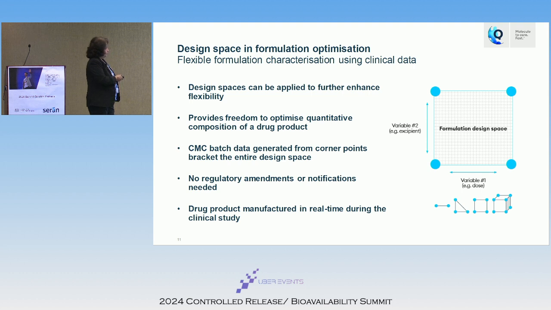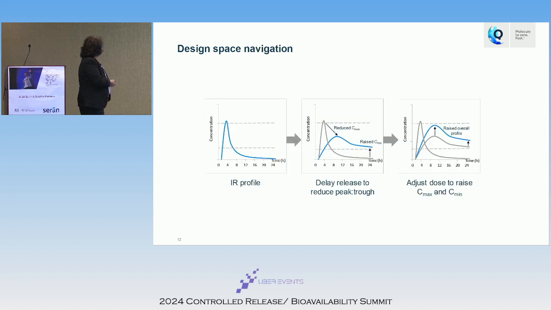So I'll try to develop a design space where I can manufacture anything within this space and make stability batches at these 4 corner points. And I'll confirm that by making those 4 corner point batches and a couple of batches in the center here. What that does is I have stability data for 7 to maybe 30 days on these corner points, and we make a submission to the regulatory authority to dose any of these compositions in the clinic. We then don't have to make any amendments to the protocol. We write a flexible protocol that allows us to dose any of these compositions. And so we are able to navigate the space